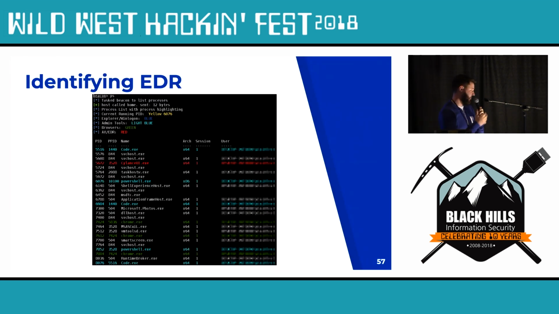So this is an example of the PS command, right? Normally when you get a PS command, it's all white, right? You don't get any of this extra stuff. But with Aggressor, you can enhance that, right? You can parse through the PS results, highlight different things that you know are bad, highlight different things that are admin tools that are not normally common. So PowerShell, code.exe, that's Visual Studio Code. So you can kind of tell this box might be a developer box, right? But also they have Cylance installed. CylanceUI.exe is running.